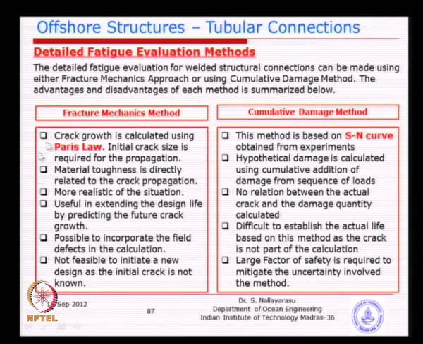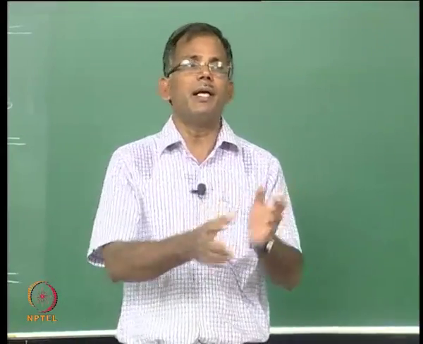So, using the same method we try an alternate scheme wherein we will use the relationship between the stresses and the number of cycles to failure, but we will not actually go and investigate the crack growth, but we will look at the safety of the joint in a slightly different manner. So, what exactly is the idea? The idea is based on the so-called stress and number of cycles to failure relationship for each material, each type of joint that somebody has generated.